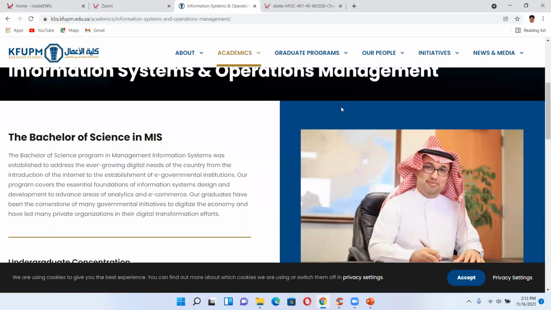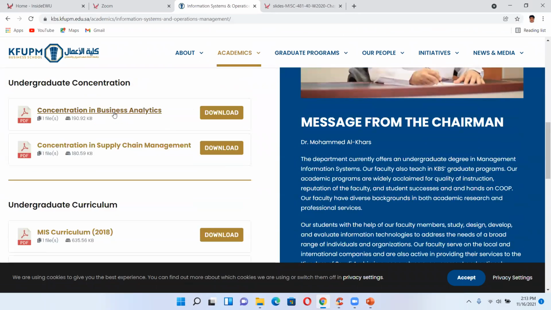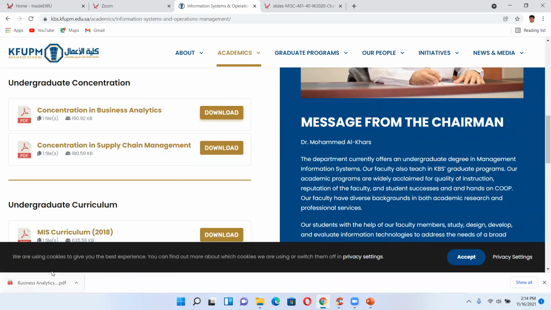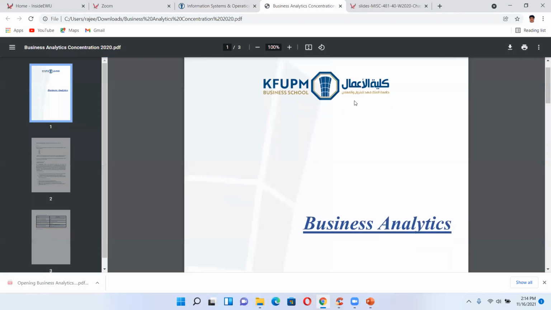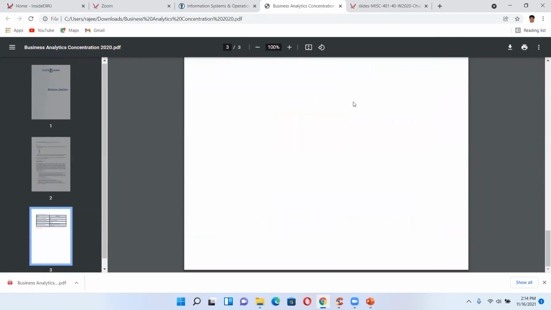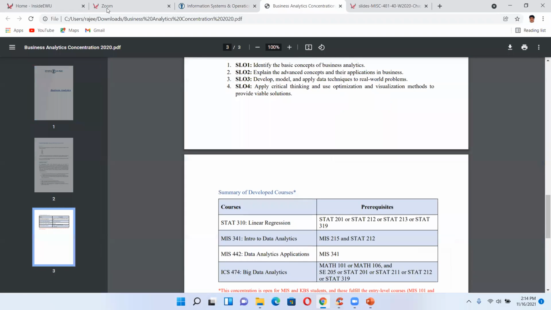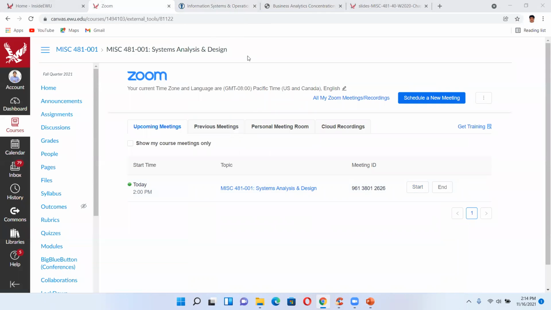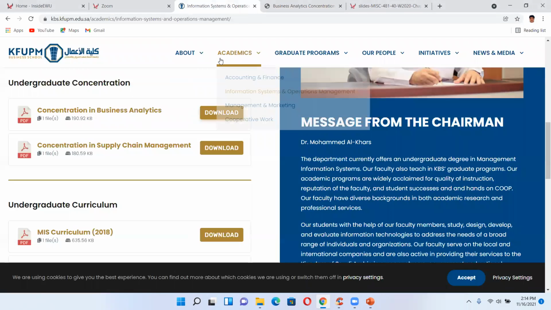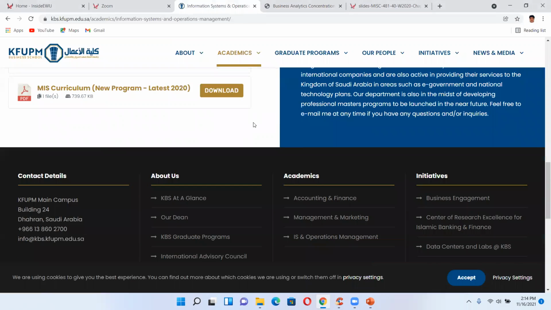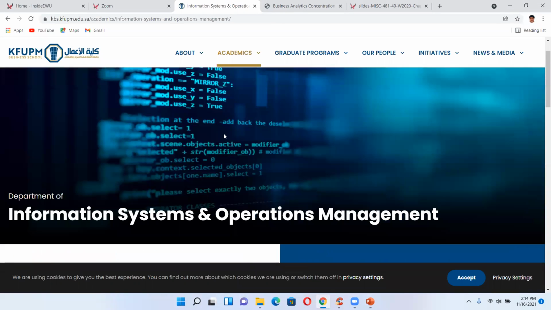So information systems and operations management, here, concentration of business analytics, concentration. Whatever I need, basically I could get here, and if I need more, I can get it here. Though this website is developed in Arabic, Windows has the functionality to convert from any language to any language, even Chinese.